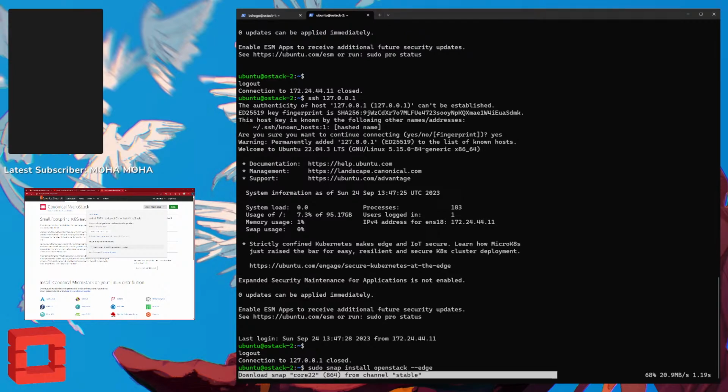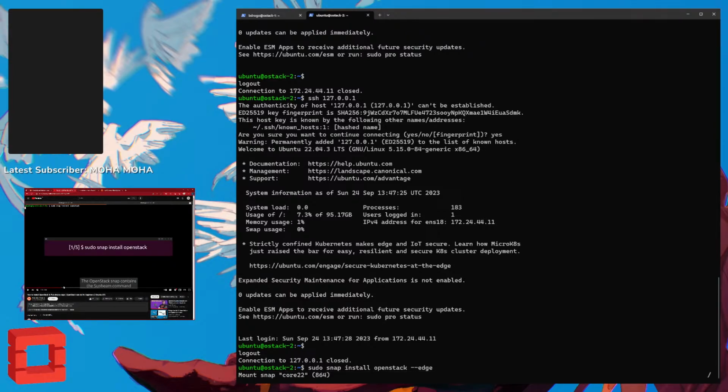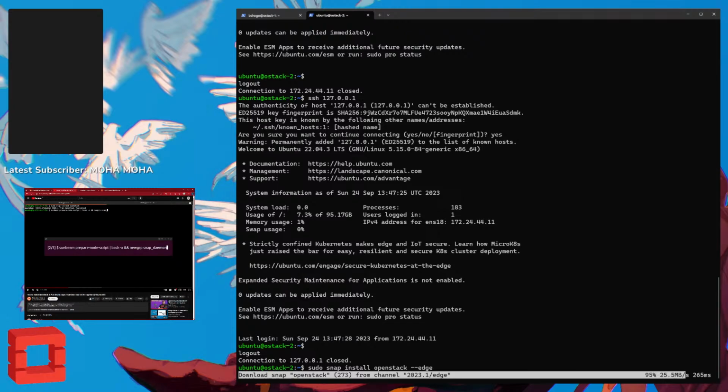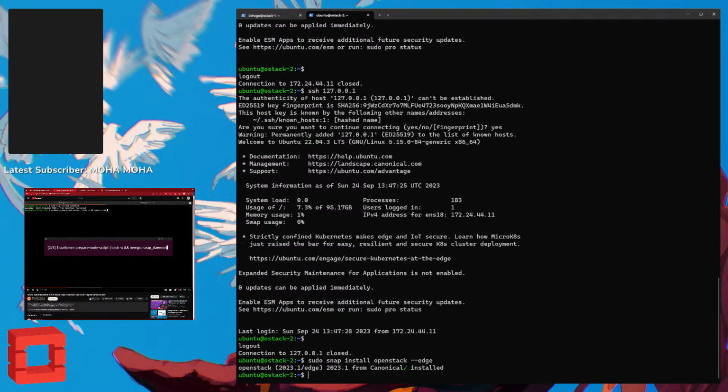And those should get done pretty fast. So I can already have the next command prepared. And basically, I think this is the only thing that was preventing this whole thing from working right from the get-go: not using the edge version. Okay, so now we can Sunbeam